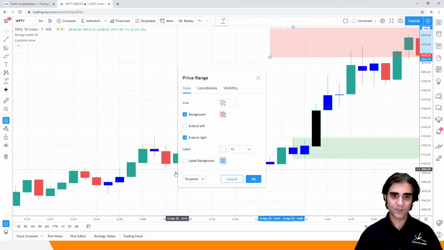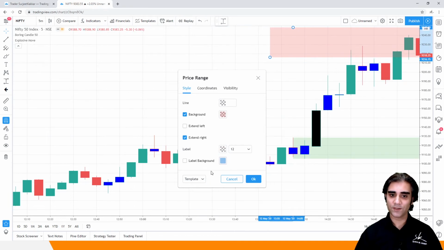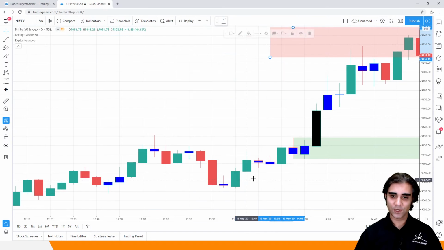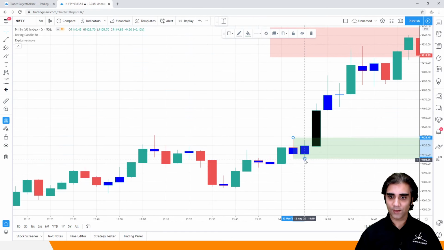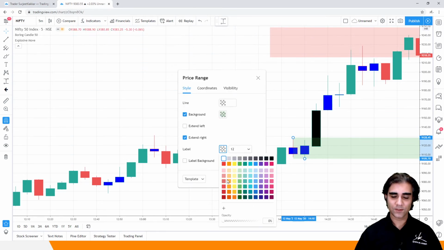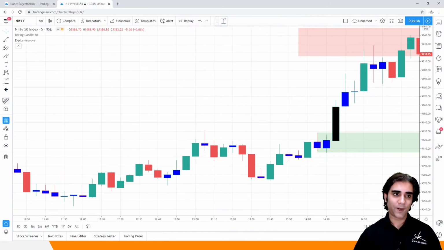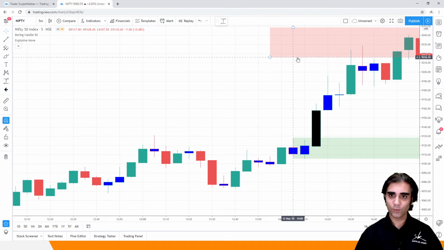So what we can do is we can come here and we can say that the labels I don't want. So that is why I'll just make it transparent. So now you don't see those numbers anymore. And what I can also do is we can save it again, and this also I can remove. I don't want to see the colors, white, and done. So this is how you set up your price range tool,